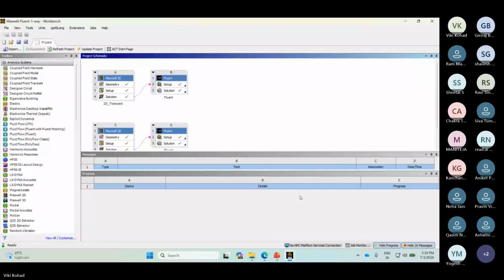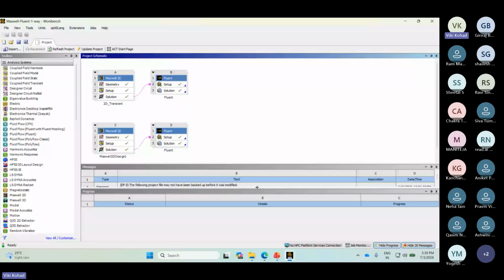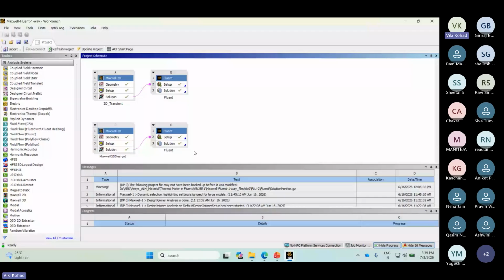Okay, sure. This is the workflow, or the software window you can see, which is ANSYS Workbench. That also I will show you. This is Workbench 26R1. This is the ANSYS Workbench, and inside that